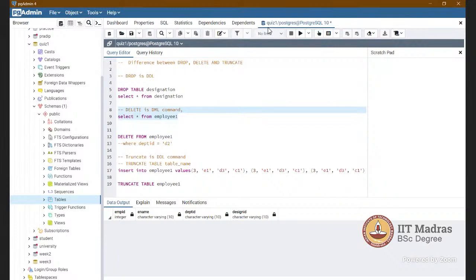Sir, I have a doubt. Okay, go ahead. Sir, in the not exists clause, we are checking two things, right? Whether the inner query returns an empty table or a non-empty table. Yes. So based on that, we evaluate whether it will be true or false.